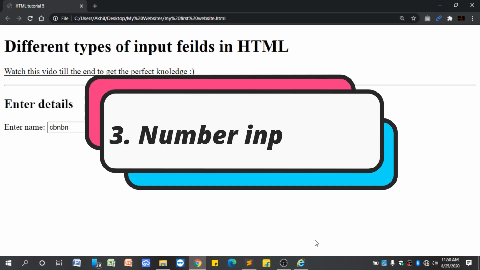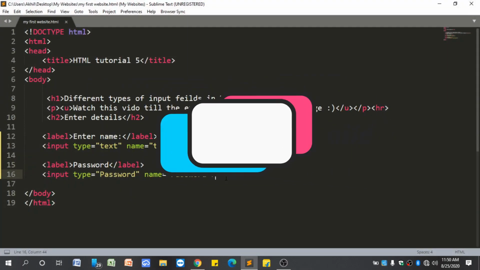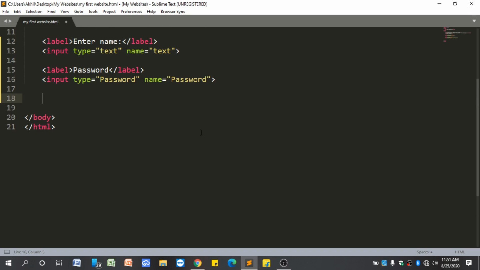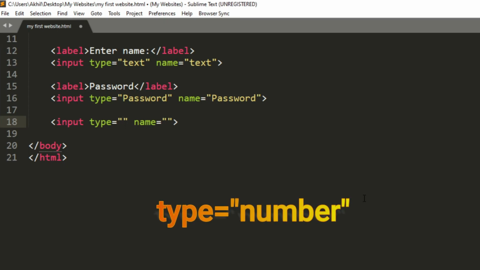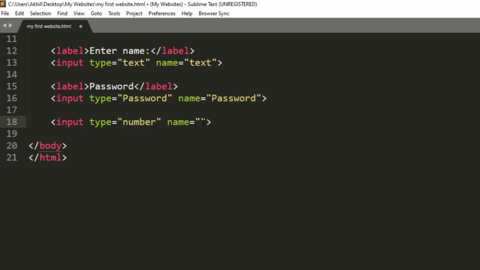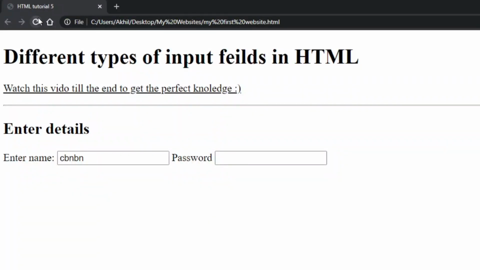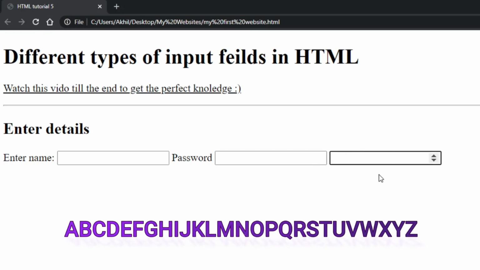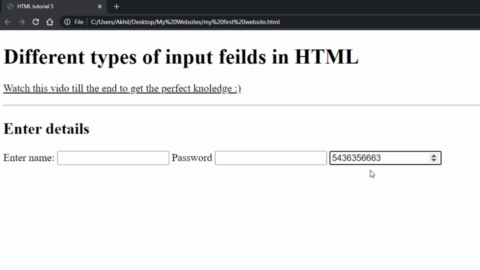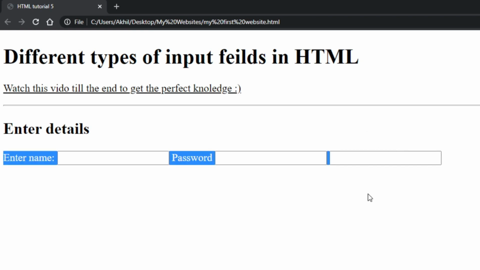So now let us make a number input field. From that the user can enter only numerical data like age or date or any numerical data. Let us make that now. Just write an input tag, and inside the type attribute just write number, and the same thing in the name attribute. Just save it and execute it in the browser. Yes, we got a field. Here I am able to enter only numerical data. I can't enter the alphabets. It doesn't take alphabets and even special characters also. So we have successfully made an input field to get only numerical data.